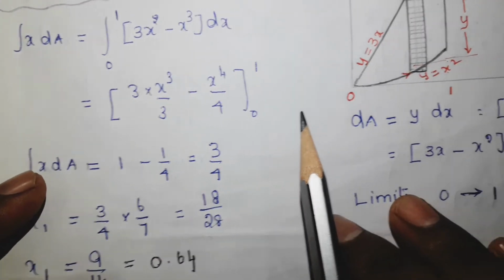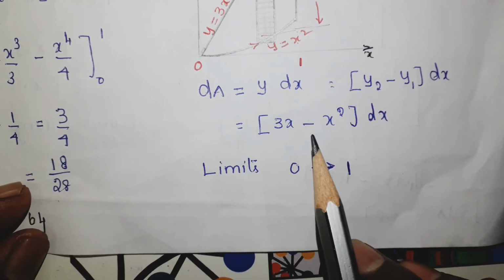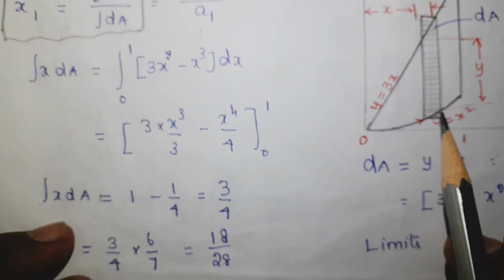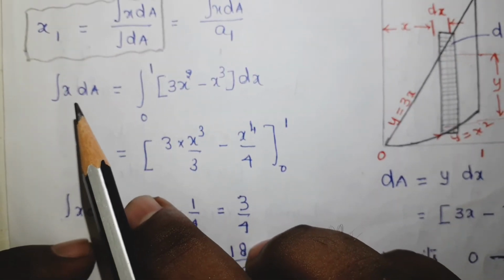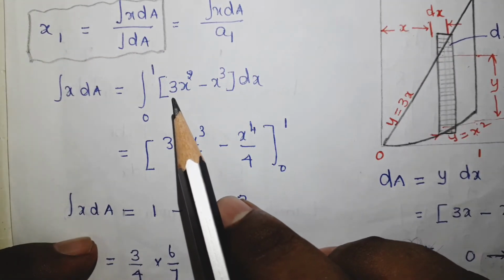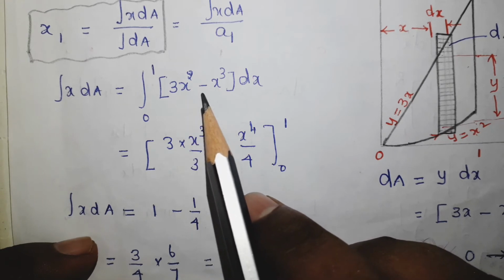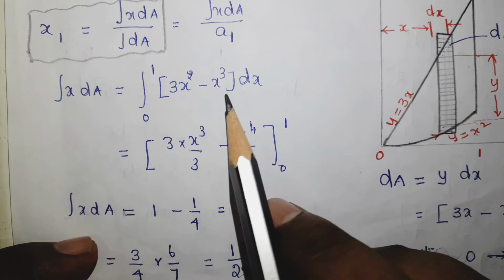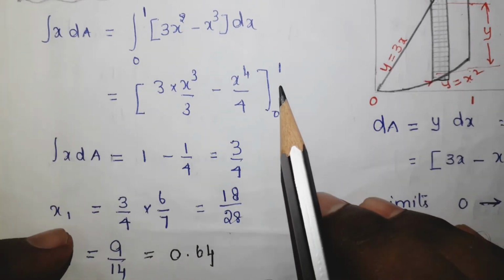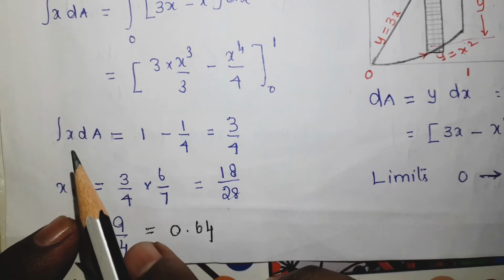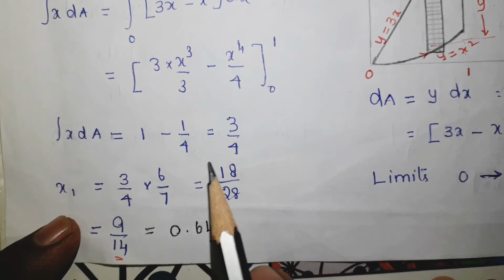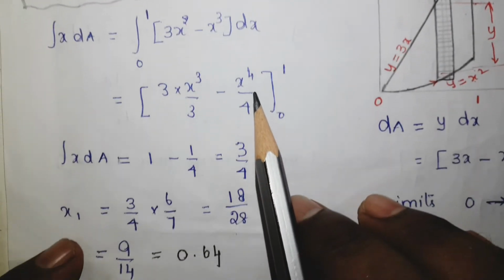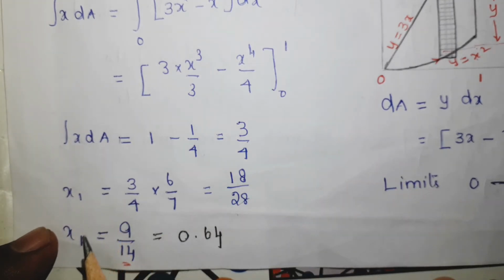Now we already know that dA is nothing but 3x minus x square into dx, and the limits are also 0 to 1, and just multiply this x inside the bracket. So the equation will become like 3x square minus x cube into dx, and here is the limit 0 to 1. Integrate and substitute the values. Finally the integration of x dA will become like 3 by 4. Now substitute this one into this equation, and you will get the answer as x1 equal to